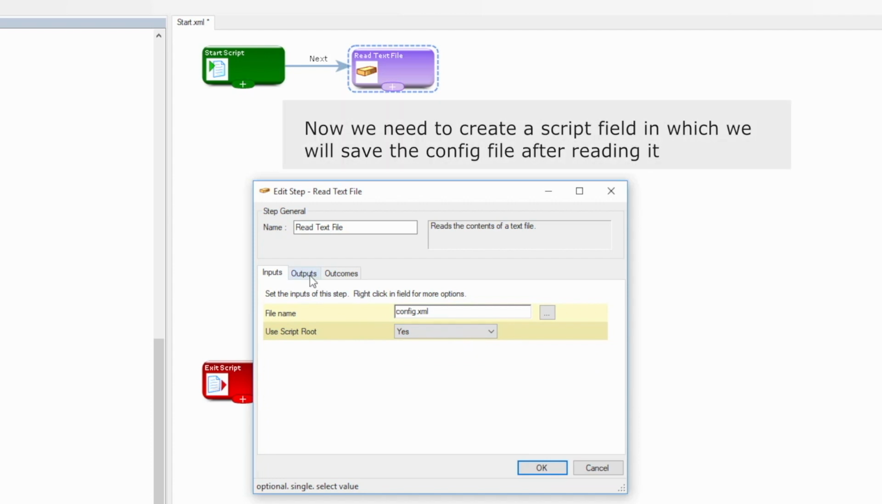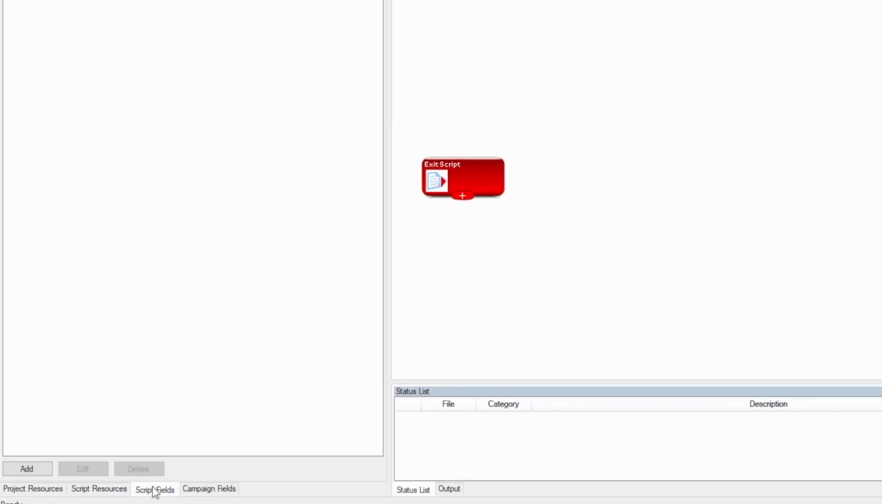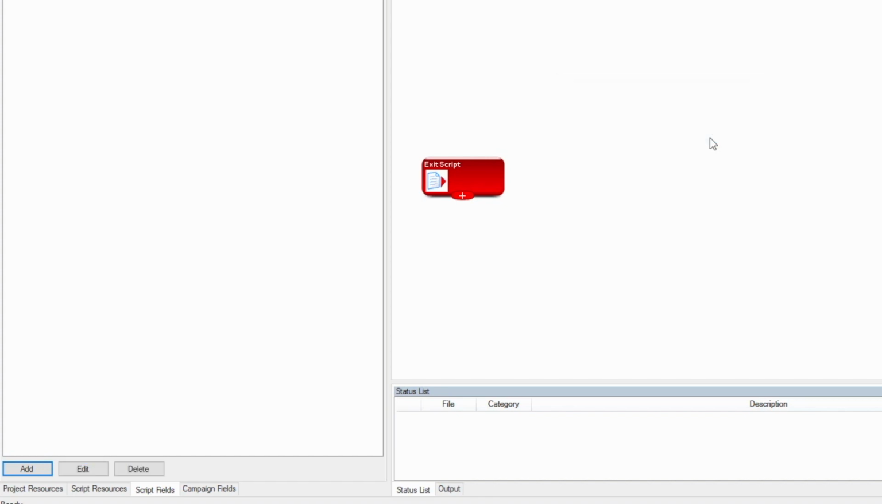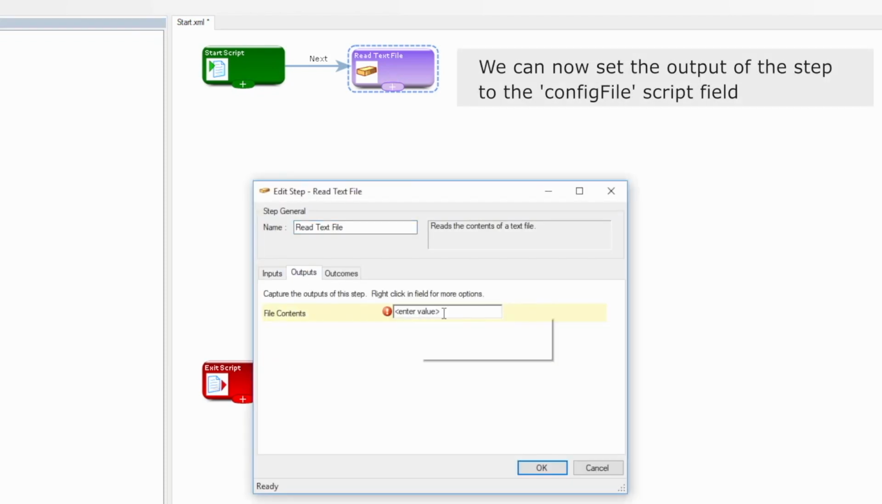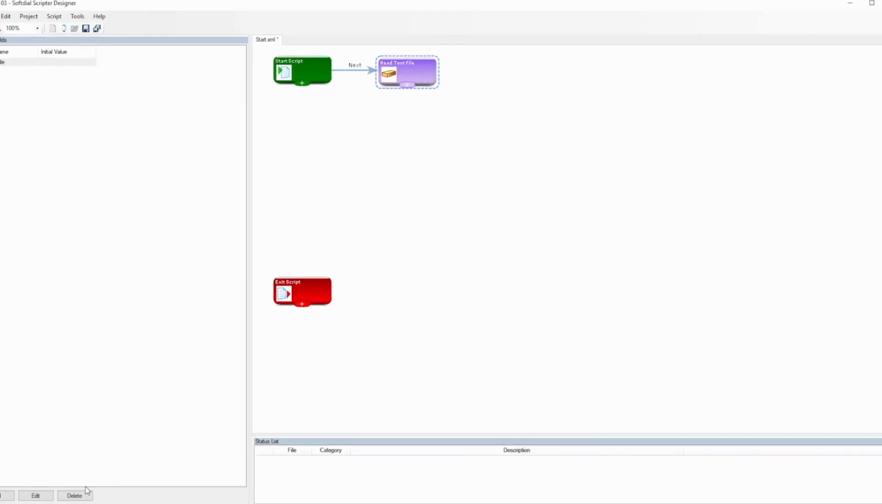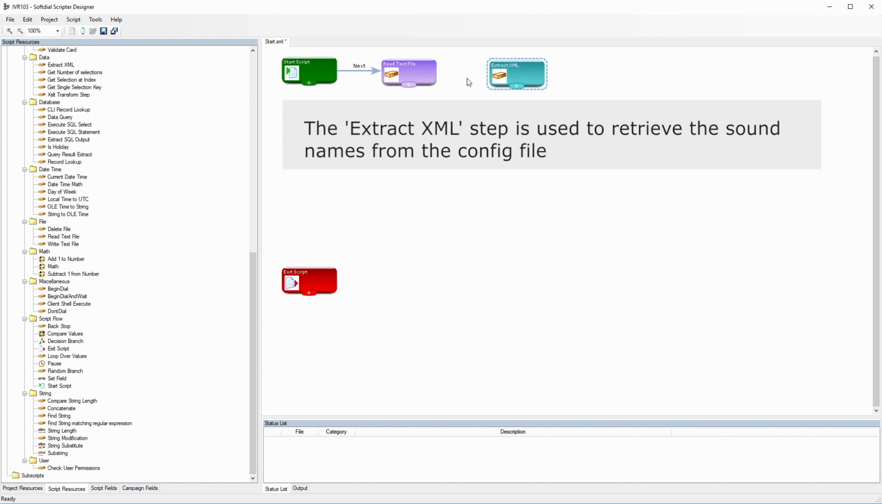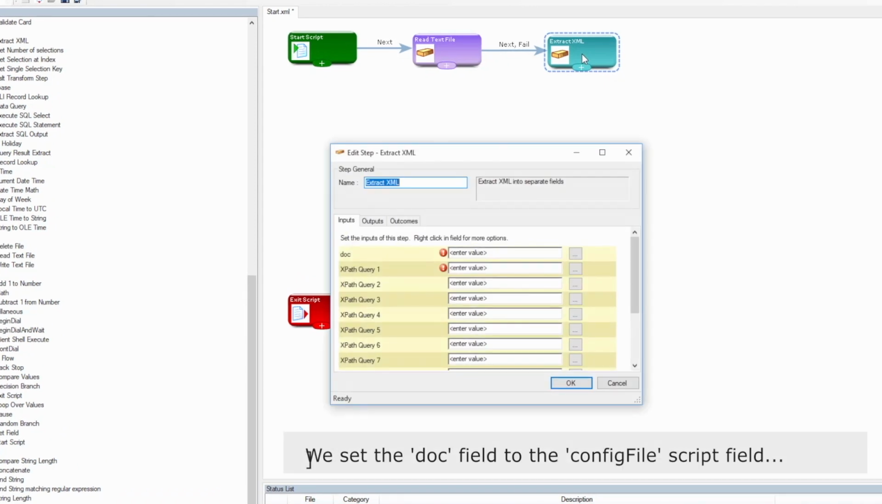Now we need to create a script field in which we will save the config file after reading it. We can now set the output of the step to the config file script field. The extract XML step is used to retrieve the sound names from the config file. We set the doc field to the config file script field